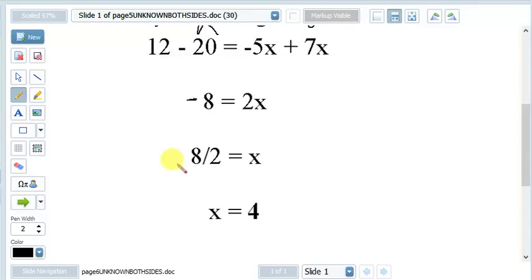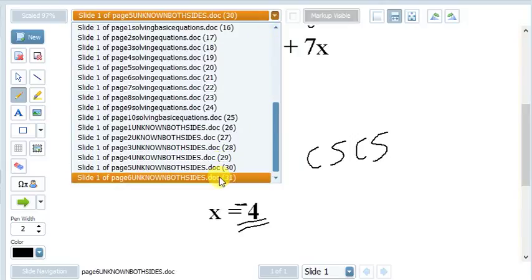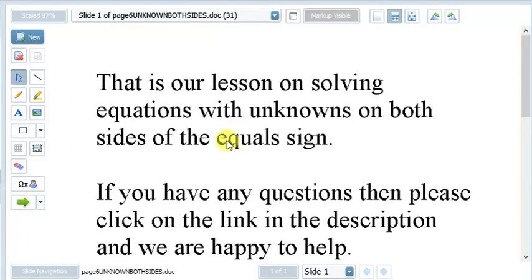So therefore what we've now got is minus 8 divided by 2 after we bring the times 2 across to the other side, and it becomes divided by 2. Again, change side, change sign. So x equals minus 4. Okay, so well done if you managed to get all of those correct, and that is our lesson